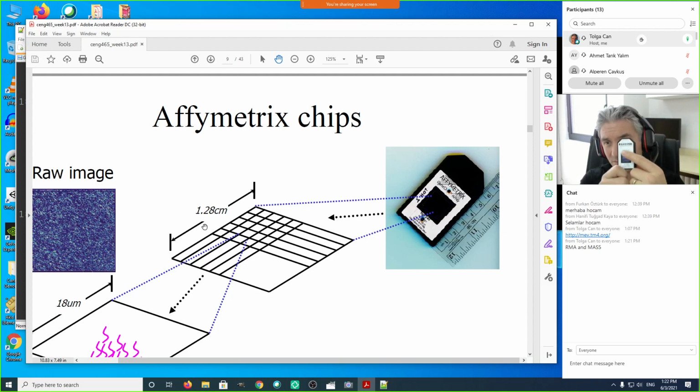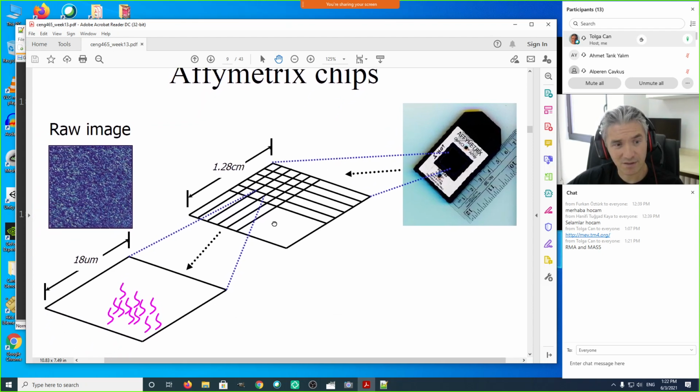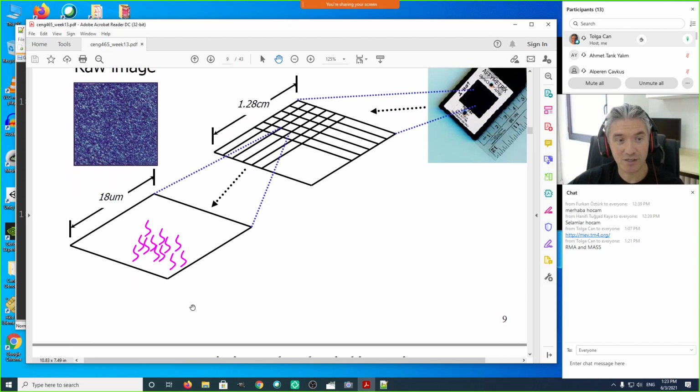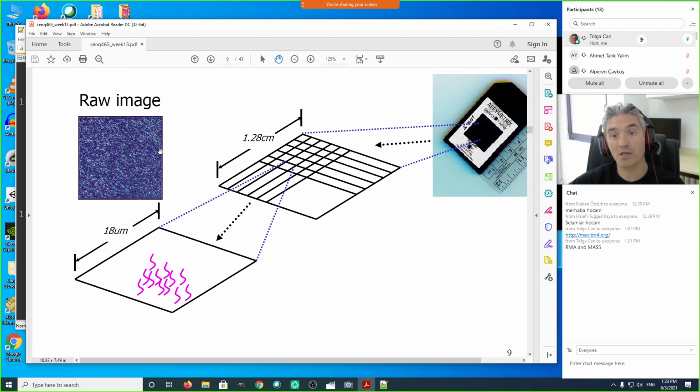I didn't measure it, but this window here happens to be 1.8 centimeters in each direction and 18 micrometers. A single location for a probe is very small, and there are multiple sequences that are printed in that location,